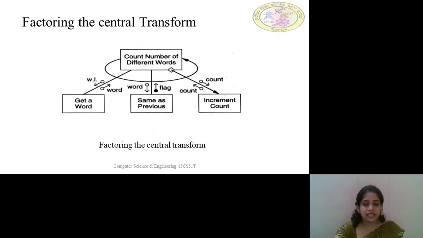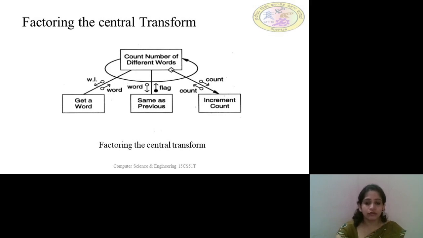After getting this, there will be some decision making symbol, which we can find as the diamond shape or the rhombus shape. If the flag is set to true, it will execute one set of statements. If the flag is set to false, it executes the other set of statements. In our example, the flag condition will be true when it identifies a different word in the file, and the flag will be set to 0 if it sees the same word as the previous. So here comes the decision, and the decision will be based on the word that we have encountered.